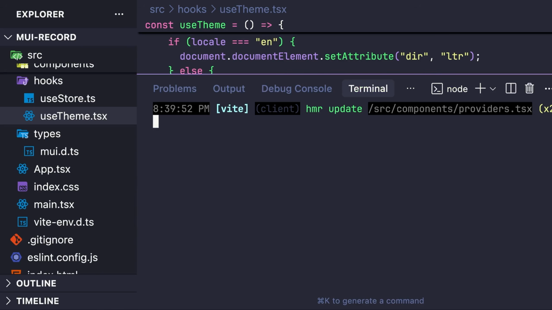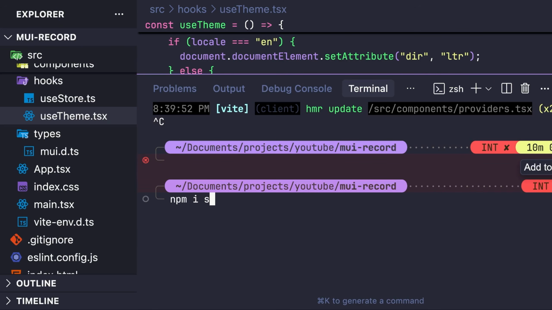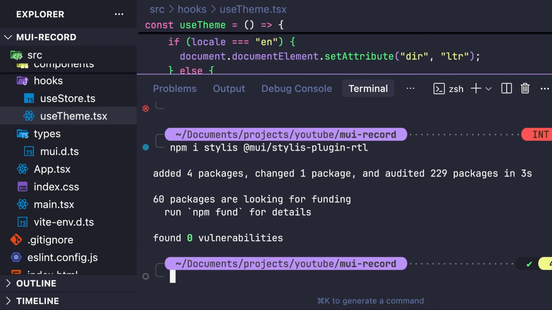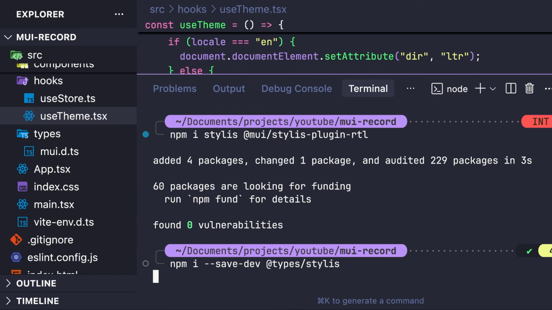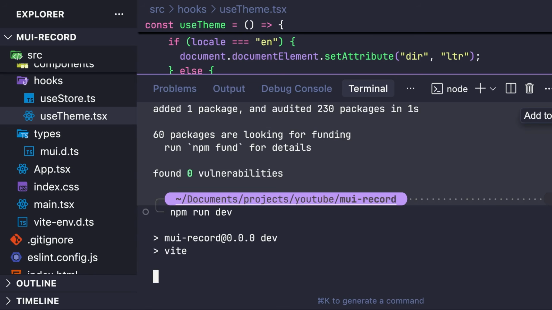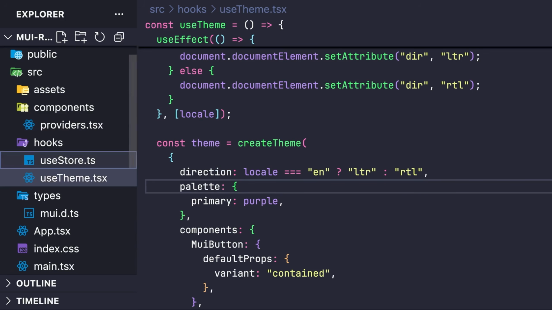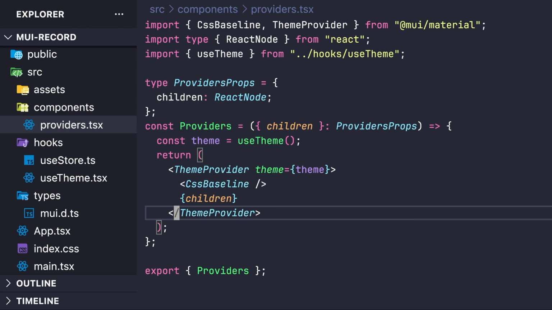Hit save. Then we need to install some packages. One of them is Stylis, which is a very lightweight CSS preprocessor. Then we're gonna create the MUI-specific Stylis RTL plugin. And also because we are using TypeScript, I just simply need to install the types for Stylis as a dev dependency. Hit enter and again run the development server, and then just head over to your providers file this time,